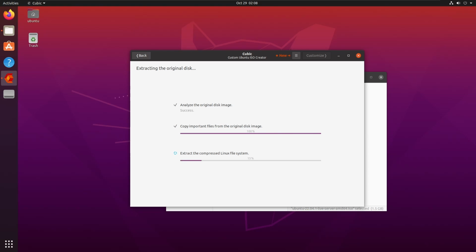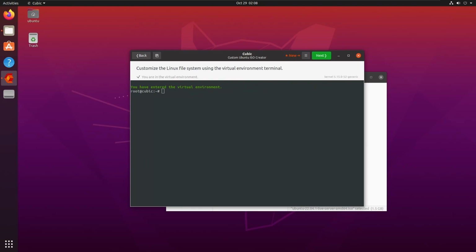There is a different version that is compatible with older versions of Ubuntu. Anything older than 18.04.5 Bionic has a different variation that will work. You just need to pay attention to what version of Ubuntu you have so you know which one to use. As you can see here, we are currently sat in our Cubic virtual environment,